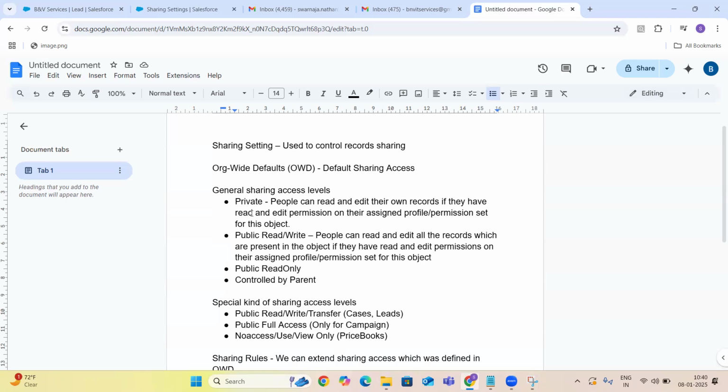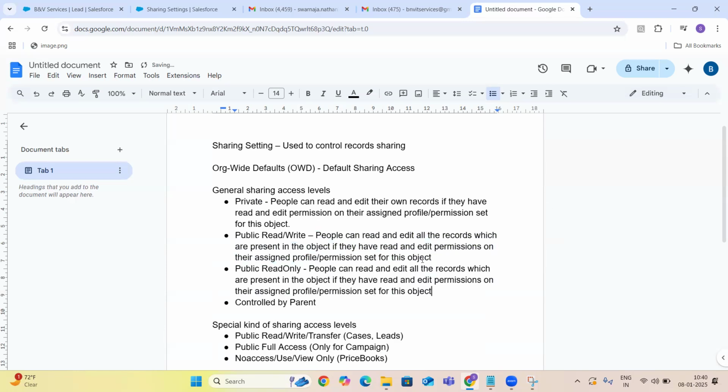And the next thing is public read only. Public read only means people can read the records. People can only read the records, even if you have edit permission on your profile.